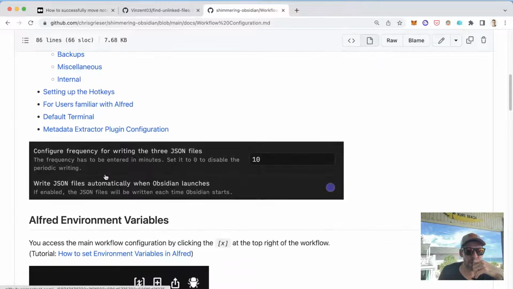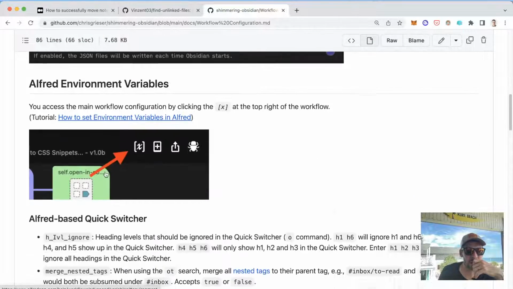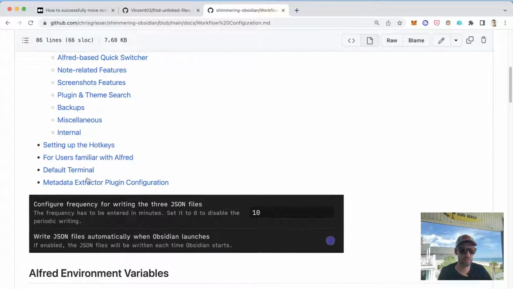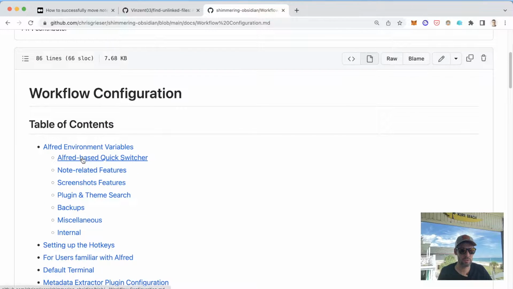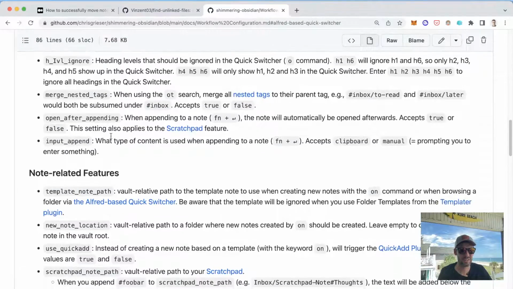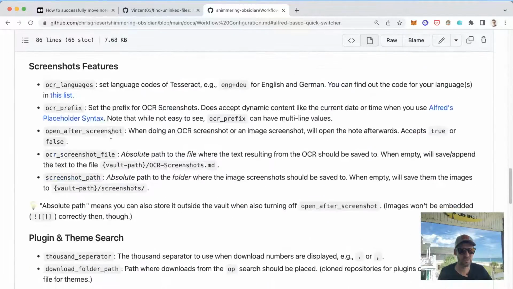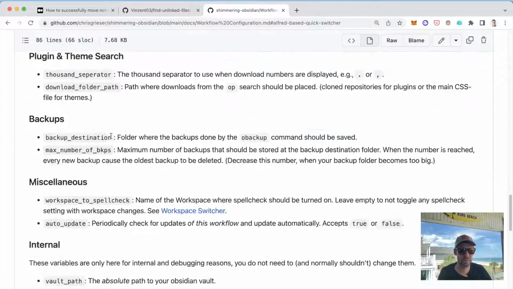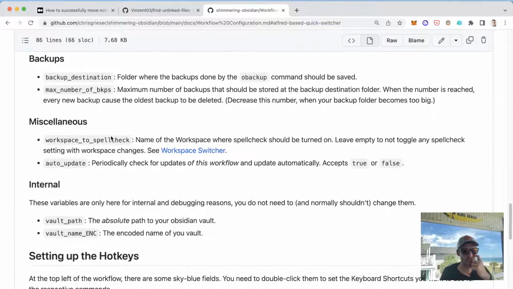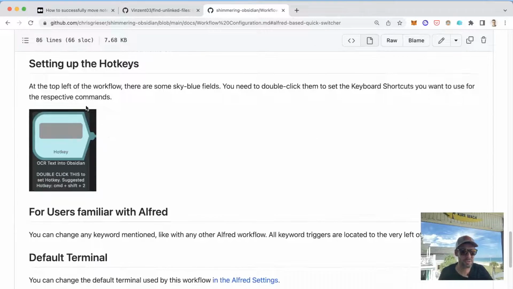Workflow configuration. What? Okay. There's a quick switcher command. I just want quick search, man. Just give me quick search. Alfred-based quick switcher. Note related features, screenshot features, plugin and theme search, backdrops. Yeah, I don't care about any of this. I just want to be able to quickly go to